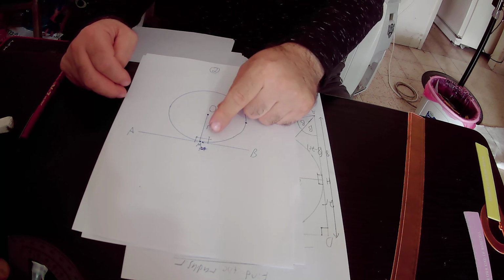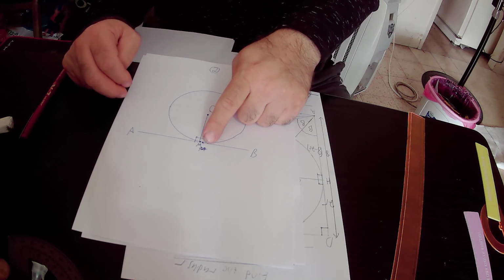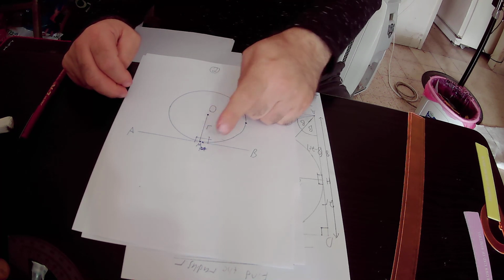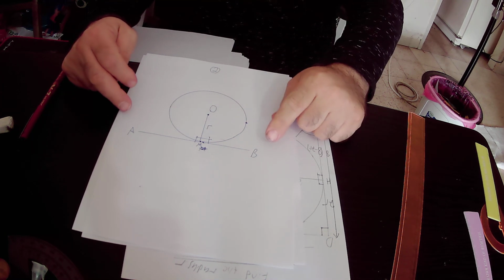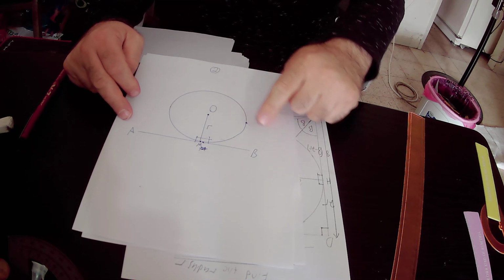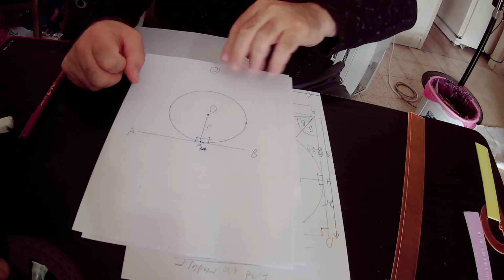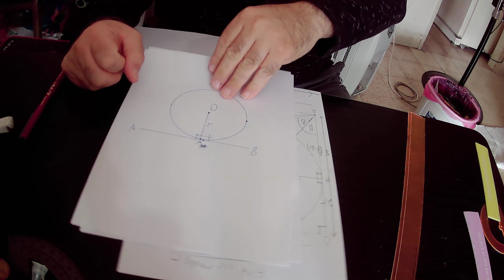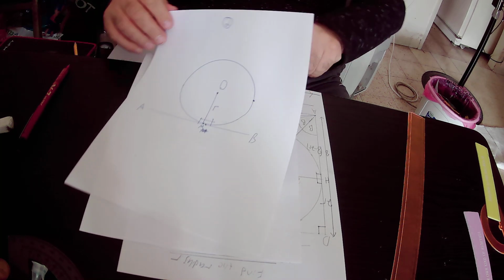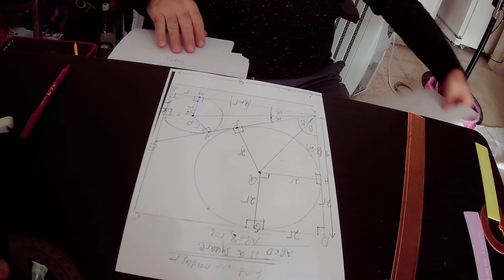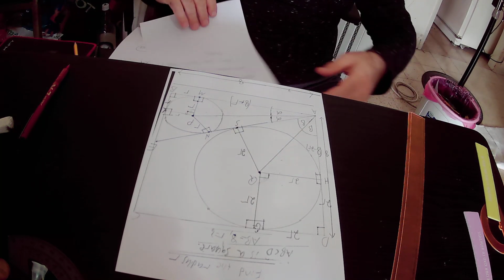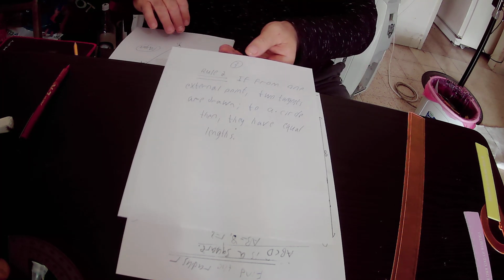And we have this radius that is drawn to the point of tangency, that is to say to point M. Therefore, the tangent AB will be perpendicular to this radius, that is to say this angle is 90 degrees and this angle is 90 degrees. Okay, so that is rule number 1, and we also have rule number 2